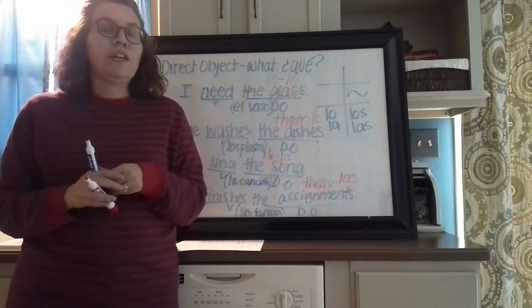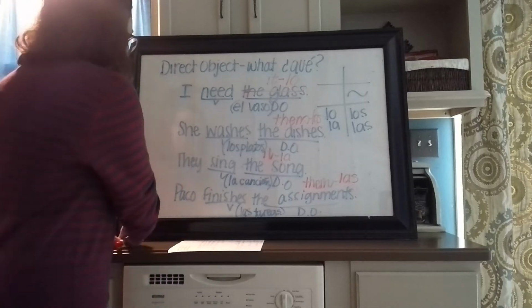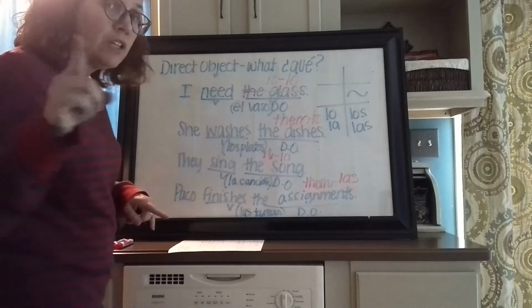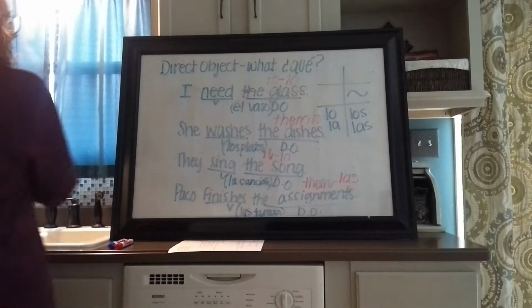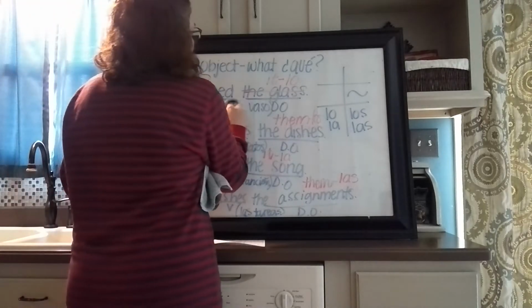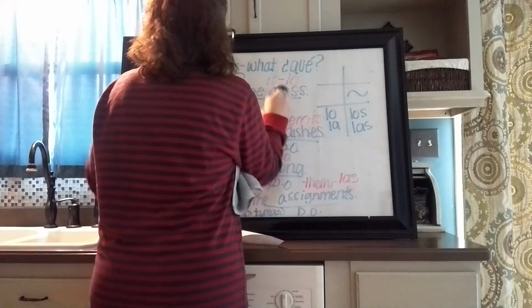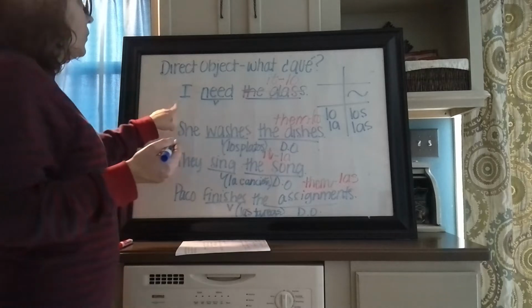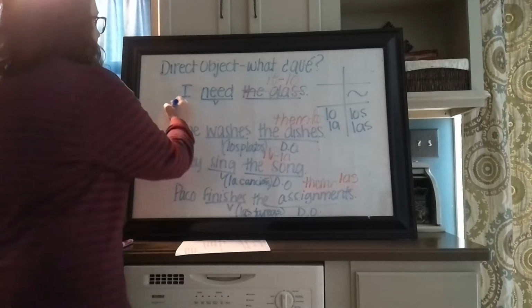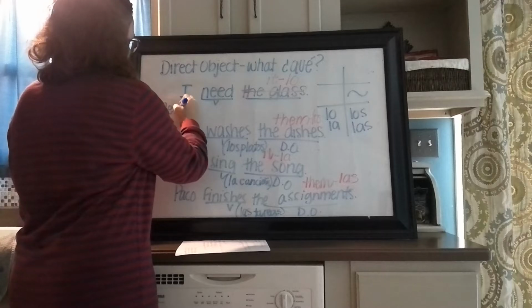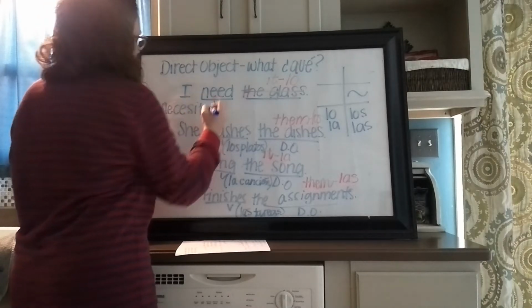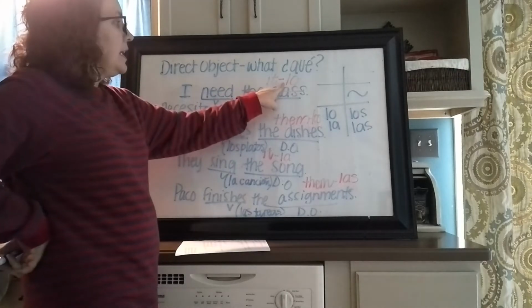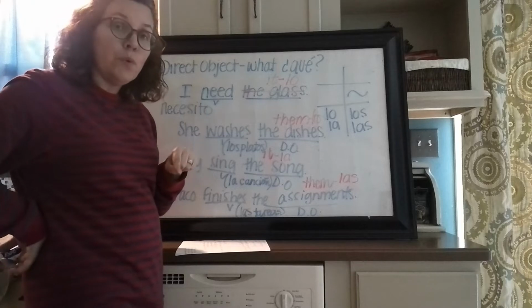Now, we're going to pause the video here, and what I want you to do is figure out how you would say each of these sentences completely in Español. We're going to do the first one together. So we have, I need the glass. Okay? And we've already broken it down to do everything that we need to do. We conjugate I need. I need, of course, is necesito. Okay? Now we don't want to say I need the glass. We want to say I need it. And we've determined that it is lo.